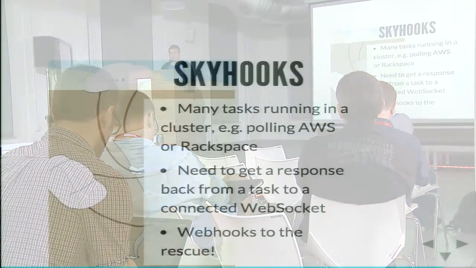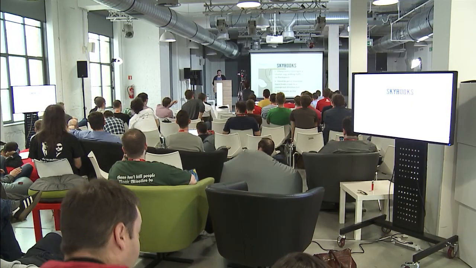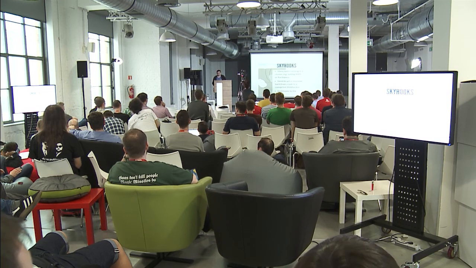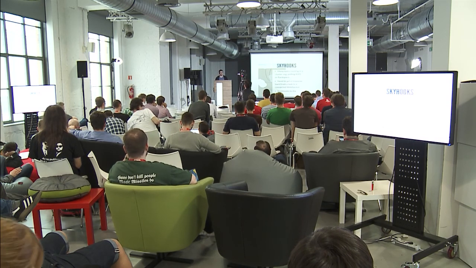So another problem we had with how our system works is that we have these clusters of task processors doing things like polling cloud providers like Amazon or Rackspace for updates, so that we can tell you what your latest deployed servers are on our dashboard. Because you may have deployed this for Amazon. You may not have clicked on the button on our dashboard and deployed the server. You may have deployed it for Amazon, or you may have deployed it for Rackspace. But unfortunately, the only way to get updates about either of those is to poll their services for those updates.